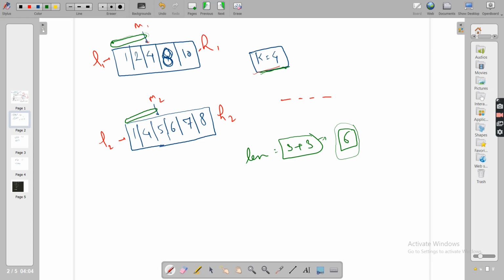Let me tell you guys. So now see, first thing, you observe this. Now what you can see here, 4 and 5. Let's say this 5 is greater, so how many elements are you getting? Let me write their positions here. At least 6 elements, 1 2 3 4 5 6. Now see, out of 4 and 5, who is greater? 5 is greater, correct? 5 is greater.